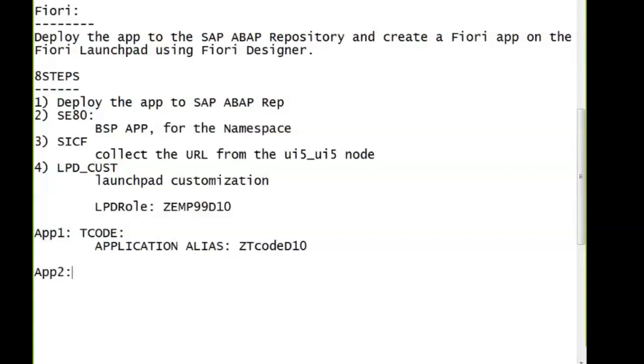Another application, application 2, our UI5 application. ZUI5 D10.